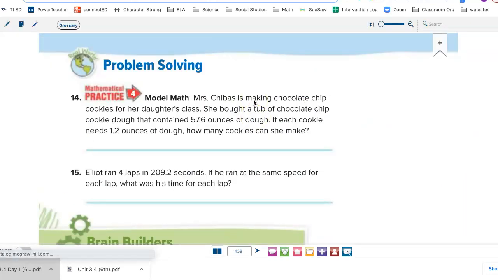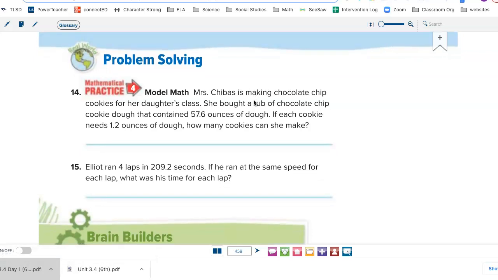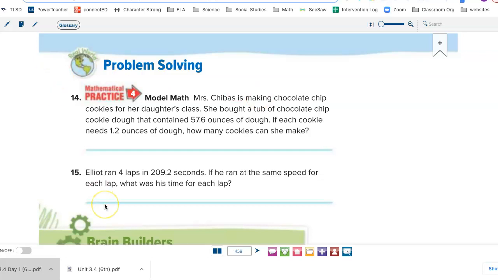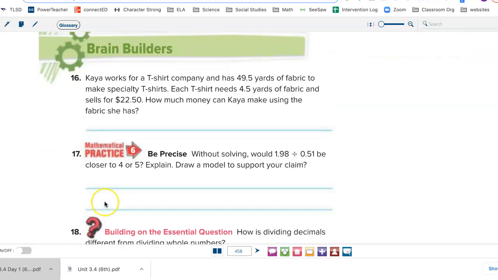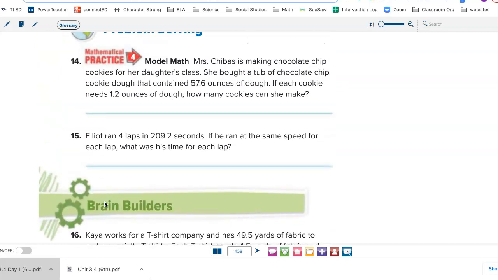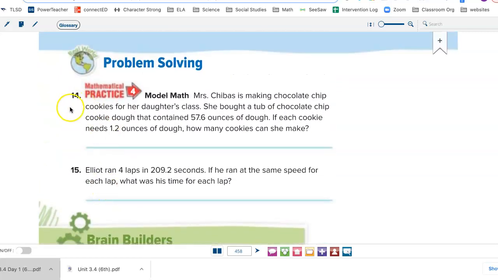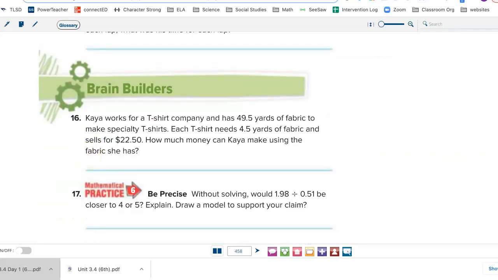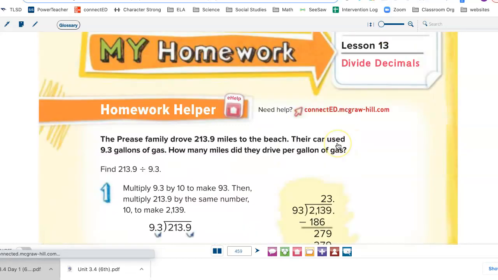Okay. So on to problem solving. I would like you to try a couple of these. Try 14 and 15 by yourself, and then pick one brain builder. So this is like your homework, what you need to turn in. So do 14 and 15, one brain builder, and then I'd like you to do